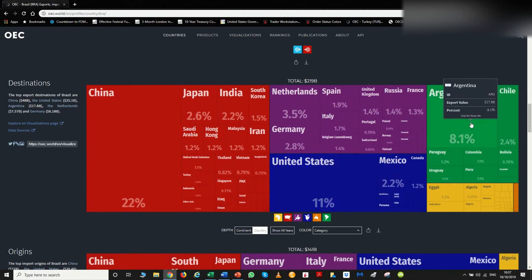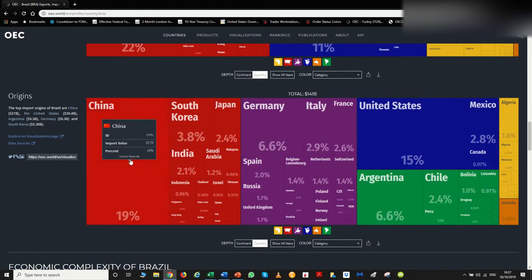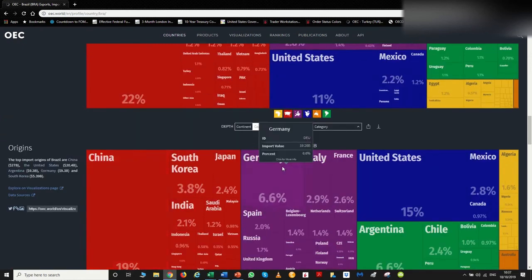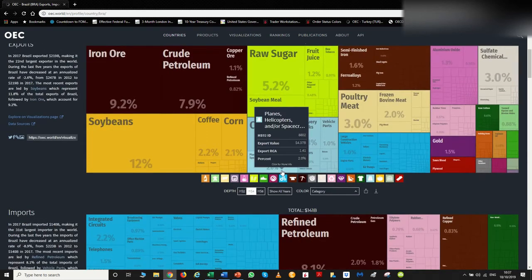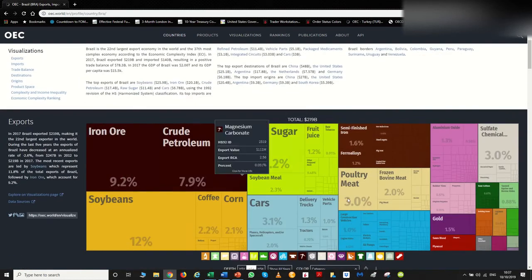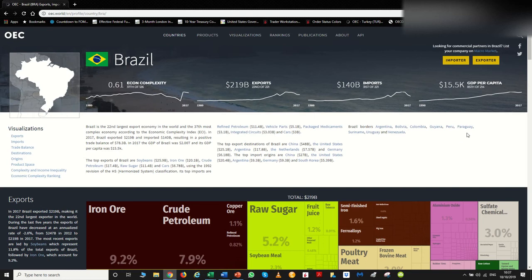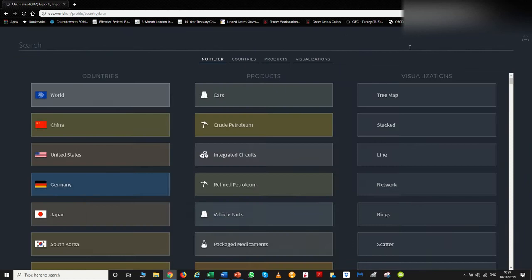Argentina, you wouldn't have thought, but it's there, and that's great because we now know that, having looked at this page. And we can also see where the origins are of what they're importing from: China, from the United States again. So we can see if there's news depending on trade relationships, etc., how this would affect Brazil, or commodity prices, how would this affect Brazil, and then that could inspire different things that you wish to look at. So those are two nations we've looked at in this video. We can also look at